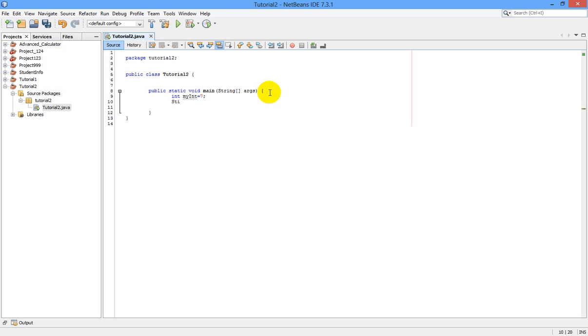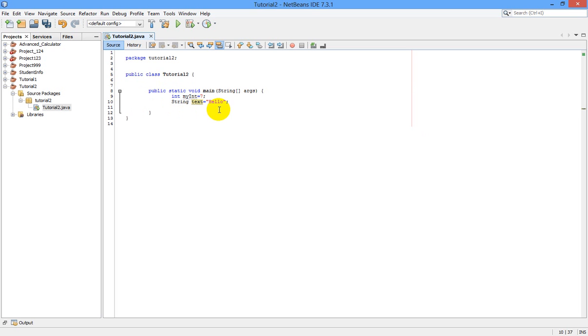String, make sure it starts with capital letter S. Suppose I am naming it text, is equal to hello. As usual, every statement should be closed with a semicolon. String here is a type of object that can hold text, that can hold text hello.